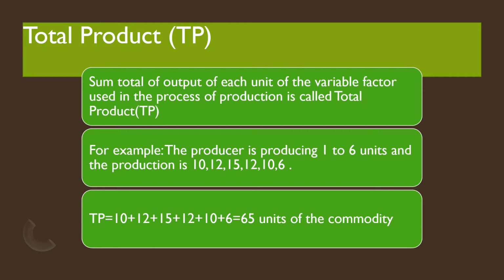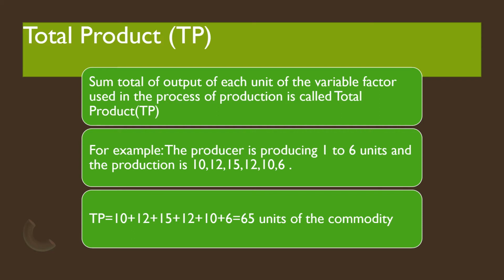Total product is known as the sum total of output of each unit of the variable factor used in the process of production. For example, as you can see over here, the producer is producing 1 to 6 units, and corresponding to that, the production is 10, 12, 15, 12, 10, 6, which means at first unit you're producing 10, at second unit you're producing 12 units of output, at third unit you're producing 15 units of output, at fourth unit you're producing 12 units of output, at fifth unit 10, and similarly at sixth unit you're producing only